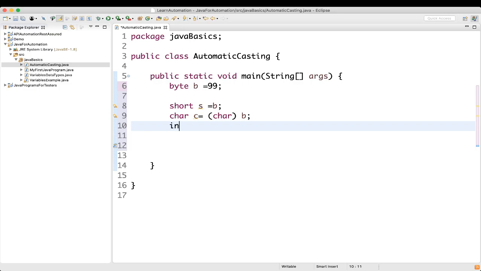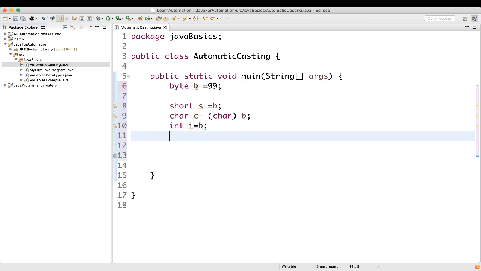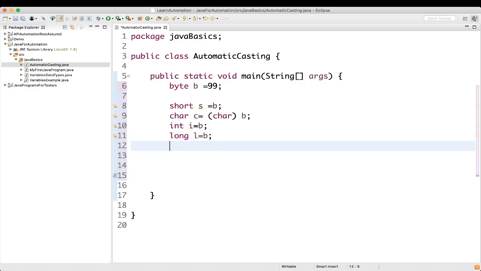Then we have int. Let's take int as a data type and i as the variable, and let's assign b. Here b is the variable of byte data type. Okay, then let's take some other things also. Long, we'll take long l equal to b. Similarly, I'm just doing the same thing.